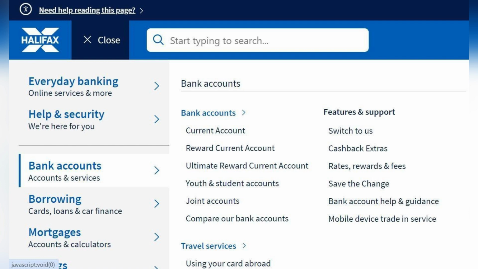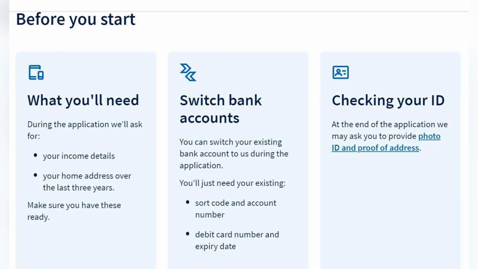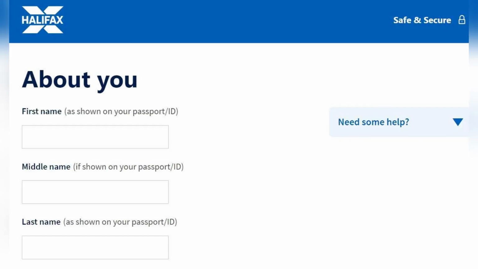Now, enter your full name, date of birth, and contact information. Provide details of your home address, at least the last 3 years, and submit information about your income and employment status. If required, upload a photo of your ID and submit proof of address, which is a recent utility bill,